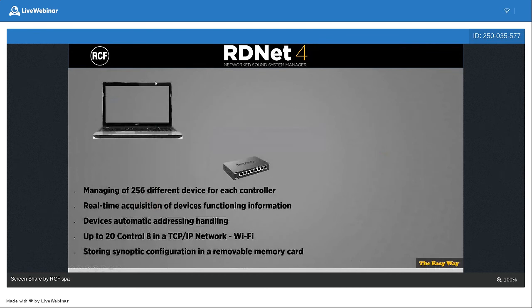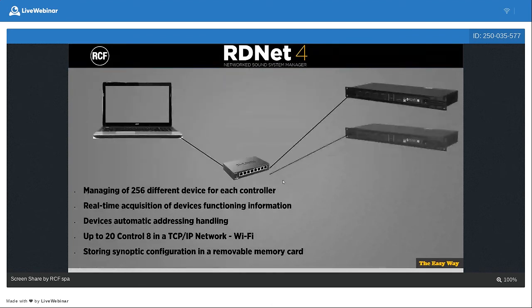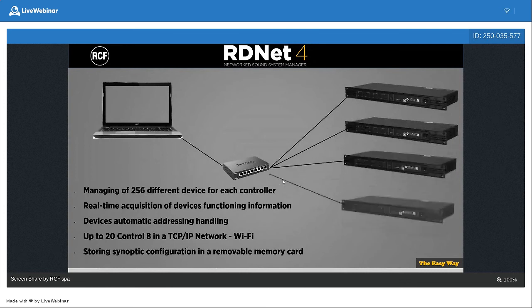In an RDNet Control 8 environment, via an Ethernet switch, we can connect up to 20 Control 8. For example, if we are talking about a very big concert with delay or a big installation in a stadium, because RDNet is suitable also to control installed systems. We, for example, in Baku, in Azerbaijan,